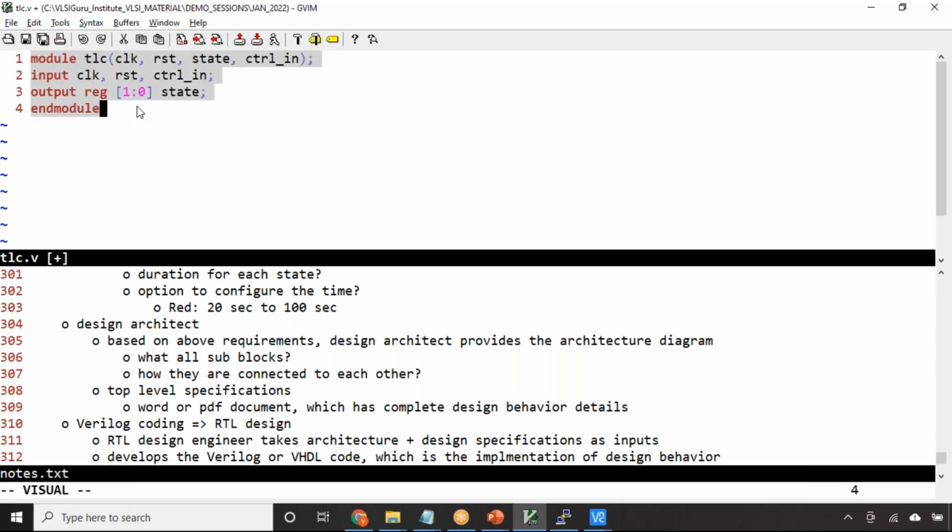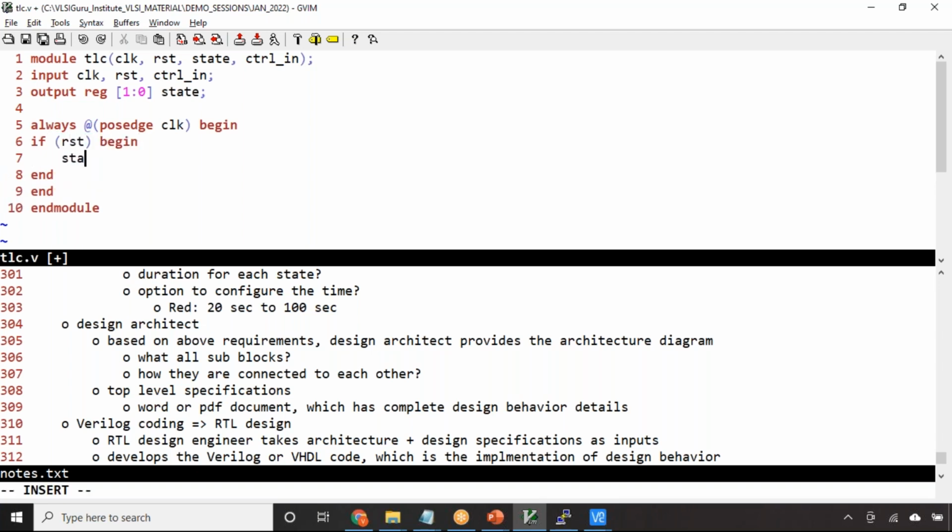Everything will be taught from the basics. I'm just showing you how this Verilog code will be done. Typically, they will write always @(posedge clock) begin ... end. If reset is applied, at the reset the state of the traffic light will generally be the red state. Else,